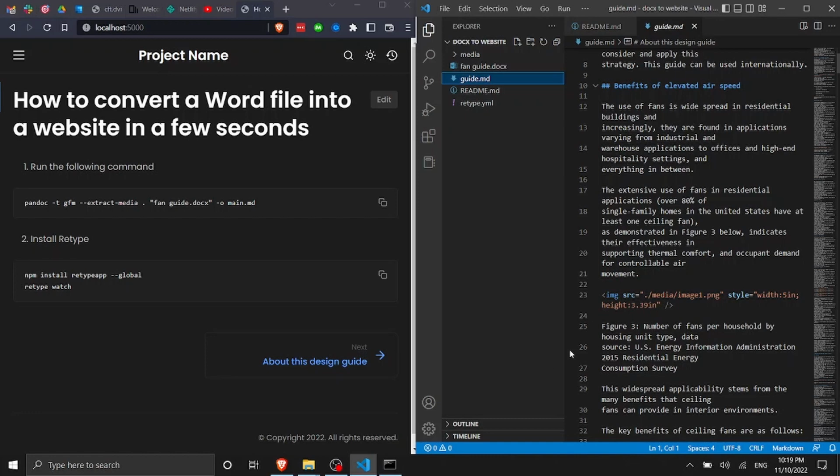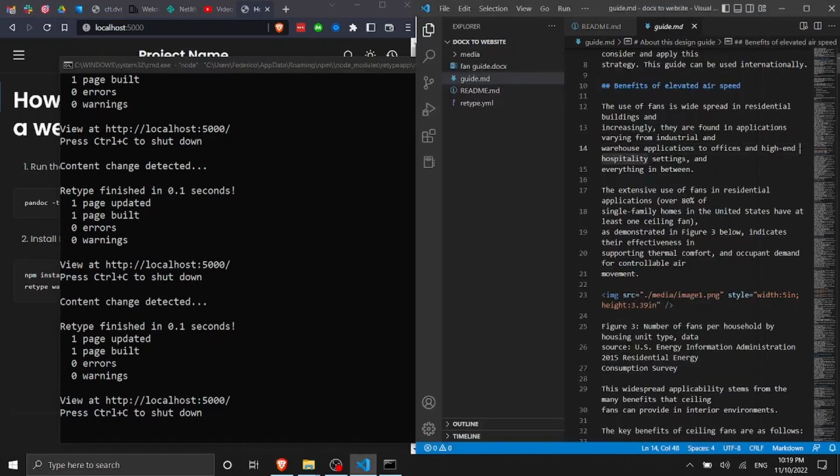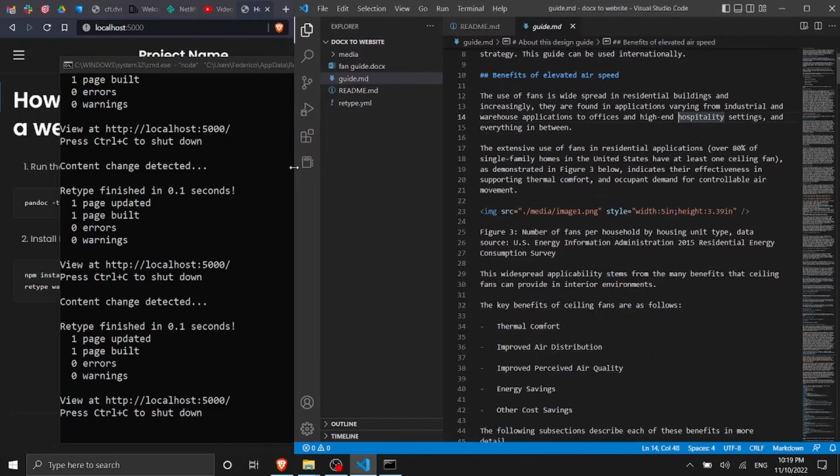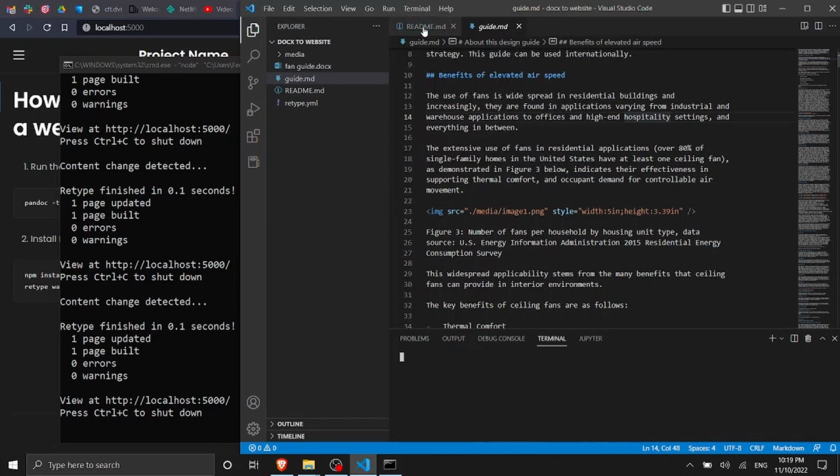Let's go and rerun the same command that we ran before inside Pandoc here. So we can actually find the terminal inside VS Code. Let's go here, and then we search for terminal, here, new terminal. So we have the terminal nice and easy to access here at the bottom.